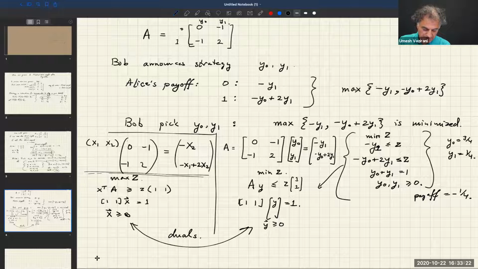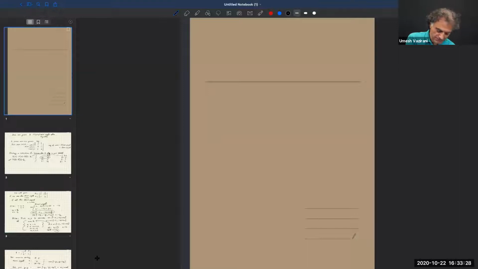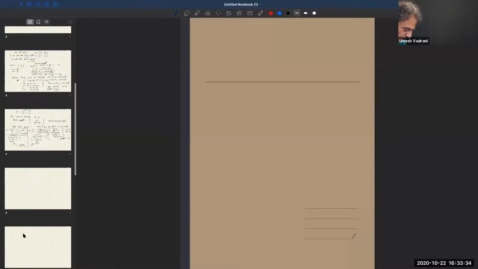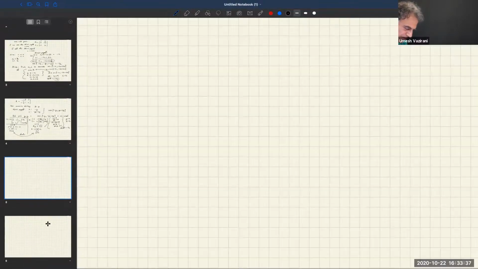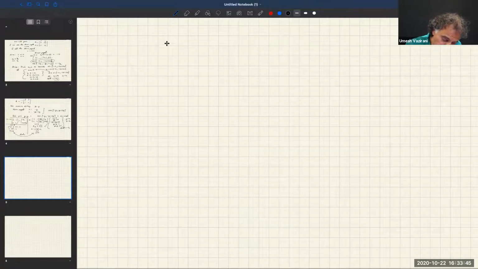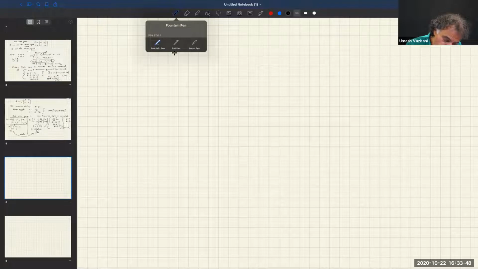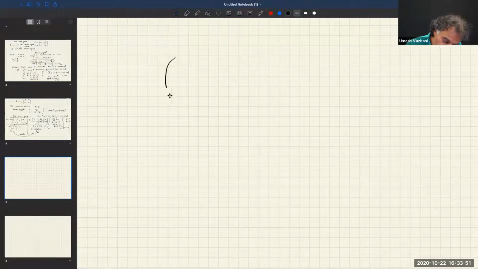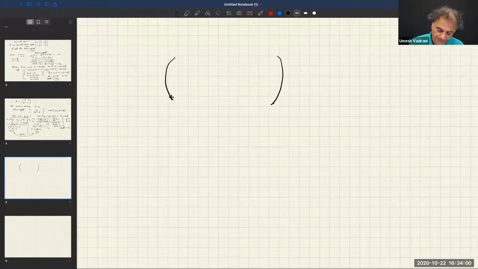Well, you see, so let's see. Whether or not we should prioritize discussing this versus something else is totally up to you, obviously. Well, let me talk about something that's worth talking about, and it'll answer this question at the same point. So you see, A is, okay. So let's say that A was not a rectangular matrix, right? So now